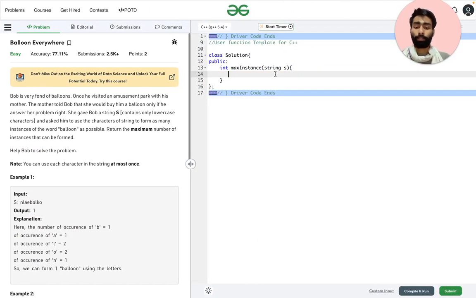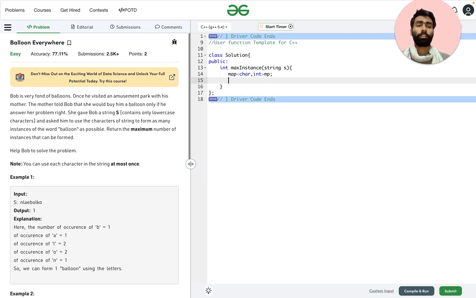Here we will use a map of character and int to have the frequency of each character in the string. So for every character we are having the frequency here.